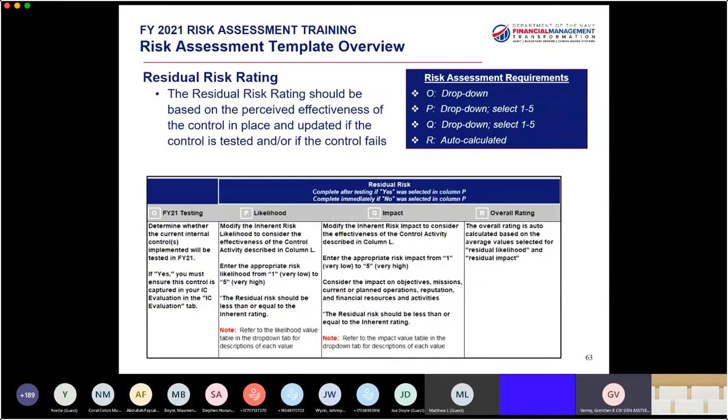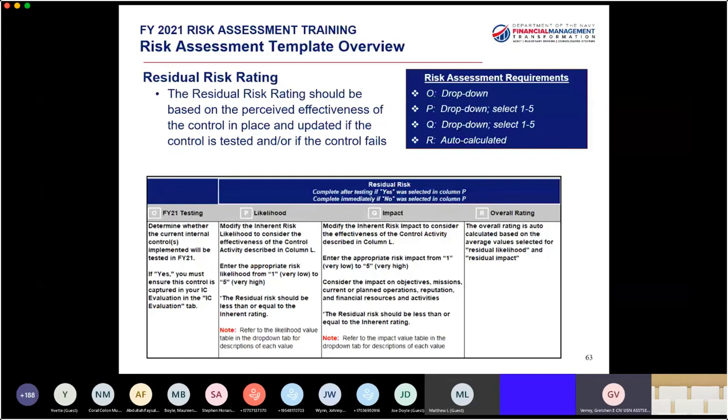So when you look through the residual risk, let's say you put a control in place, you're thinking through how effective it's going to be, and it's sticking you right around. You went from a 5 to a 3, but you really want it to be a 1. In that situation, you're going to identify an additional control, which is the next part of the spreadsheet. However, if the residual risk is where you like it, then for that next part of the spreadsheet, you could just indicate NA, first control sufficient, or something like that. You don't have to provide an additional control.